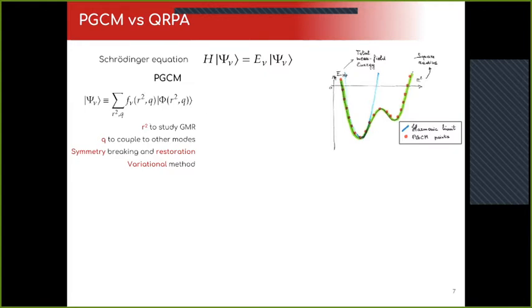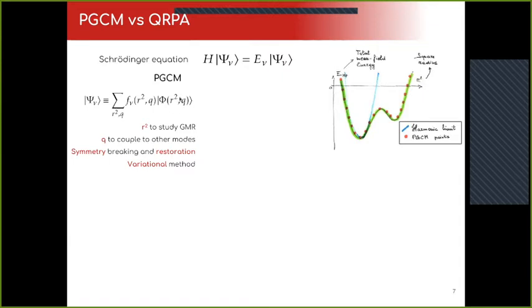As an example, in this sketch, I am plotting the total mean field energy as a function of the square radius. And then we combine the solutions along this path. Ideally, it would be continuous mixing, but in practice, we mix a discrete number of points. And we can constrain more than one variable at a time. So the R square